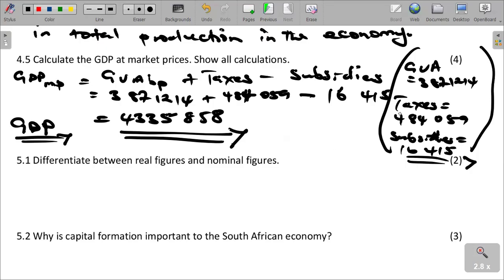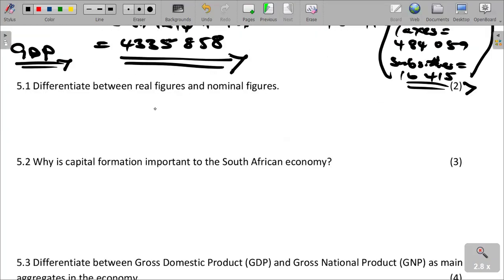Here we are just taking the values that we have, gross value added at basic prices, taxes on products, and subsidies on production. These things are stated on the table that we are working on. So I just took the figures and substituted them into these items shown on the table. And then the next question says,